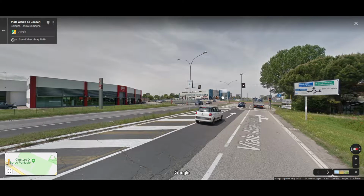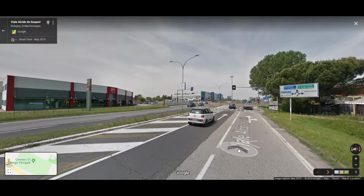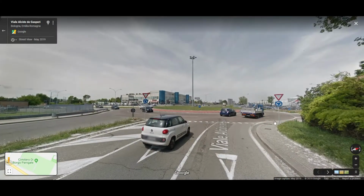Just a warning at this roundabout here, this light here is for the crosswalk, and so just be aware, sometimes that will go red and people will start backing up in the roundabout. So just be aware of that. So again, we just came off the freeway here. If we come right down to this first roundabout and we take our first right